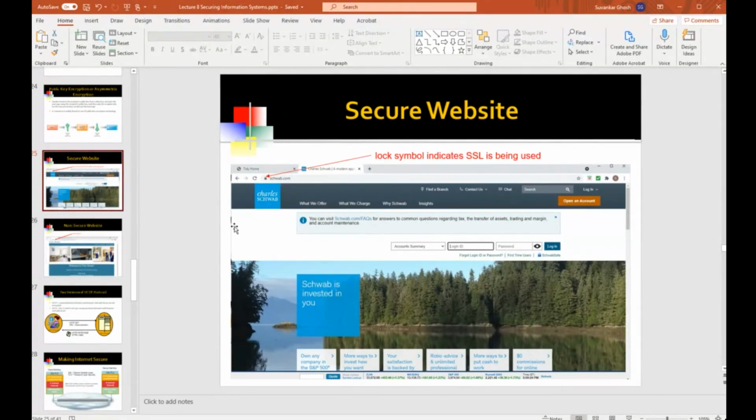So when you see this padlock, that tells you that you are interacting with a secure website. That tells you that the packets that are being exchanged between you and, let's say, a financial services firm such as Charles Schwab, are all encrypted.